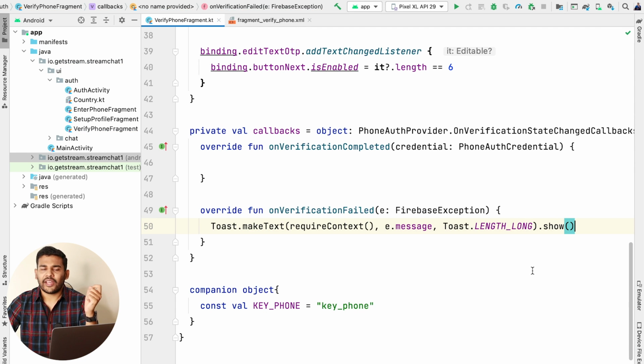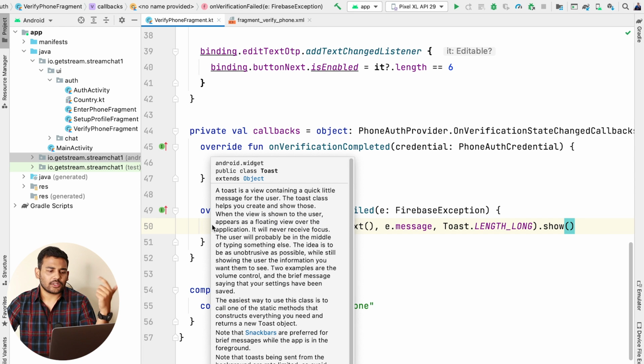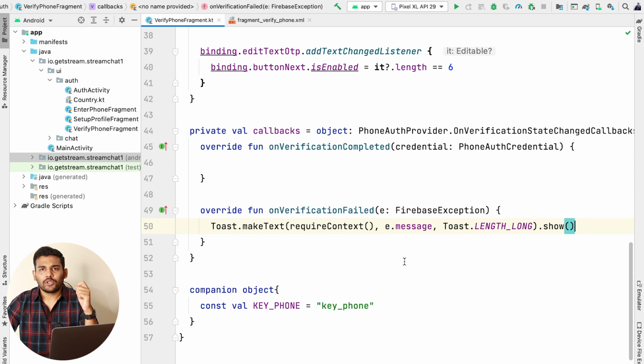So this is our failure case. If the verification is failed, what we are doing is we are displaying the exception message. But this is not how you should do it. You should display some simple error messages for your users. But in this case, just to make it quick, I am using the default exception message. Later we can change it.